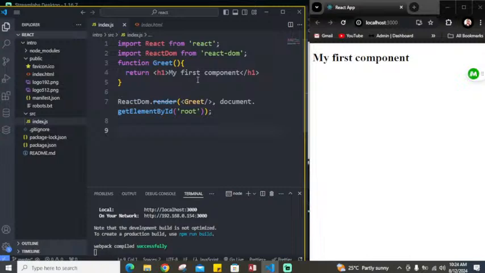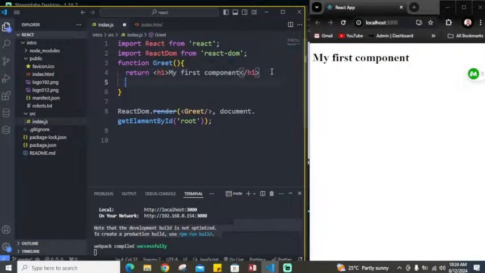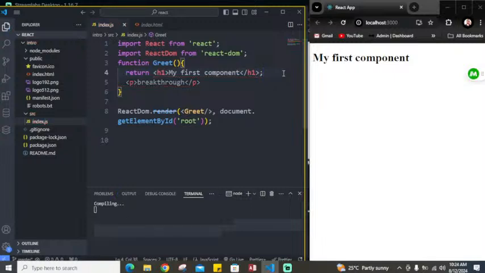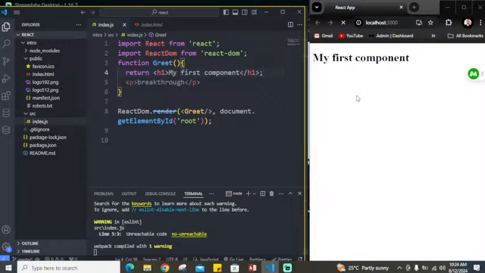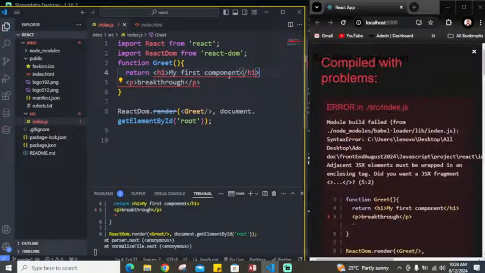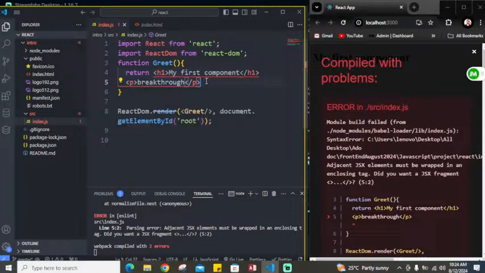If I come in here and I pass in something else here, I will have a big fat error. Do you know why? Let's say I pass in a breakthrough here. You can see that it's already telling me that I don't know what I'm doing. It's telling me the error is what is found. So you cannot be having different